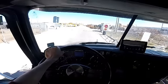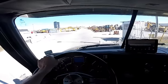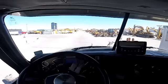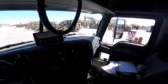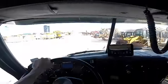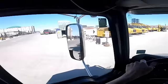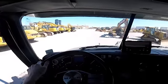After 120 miles empty from Richmond, Virginia to Baltimore, and 500 miles loaded, I am in Concord, Ontario. Lots of metal, yellow iron. These are used, these are new. Very big deal. They also do a truck service here, and I brought my